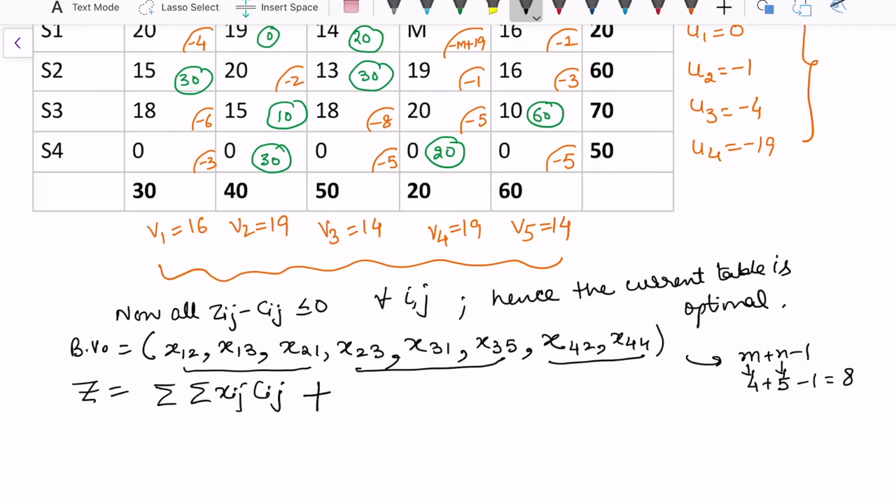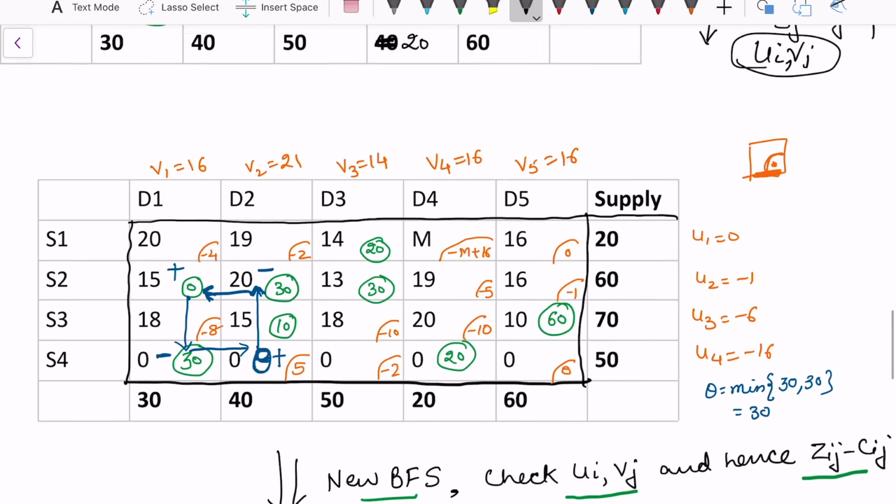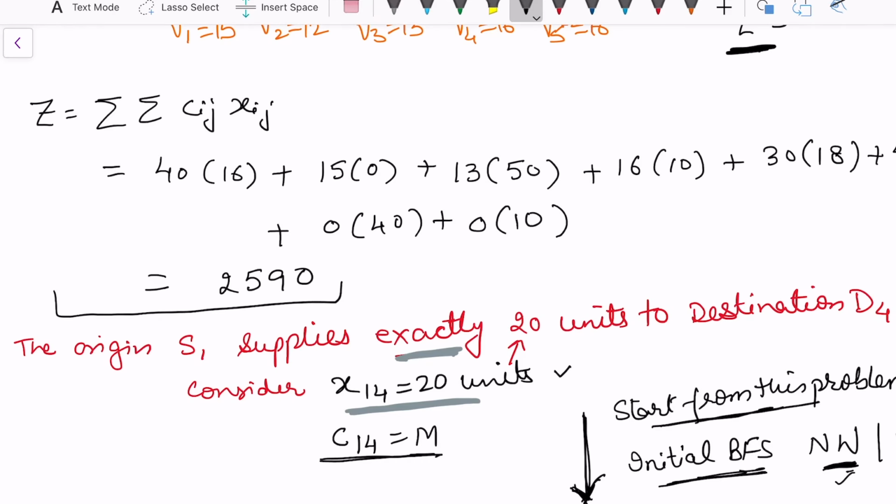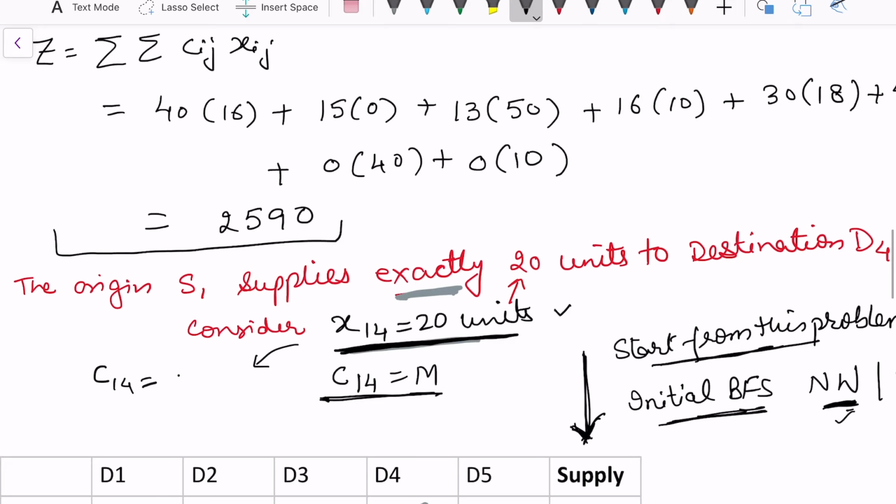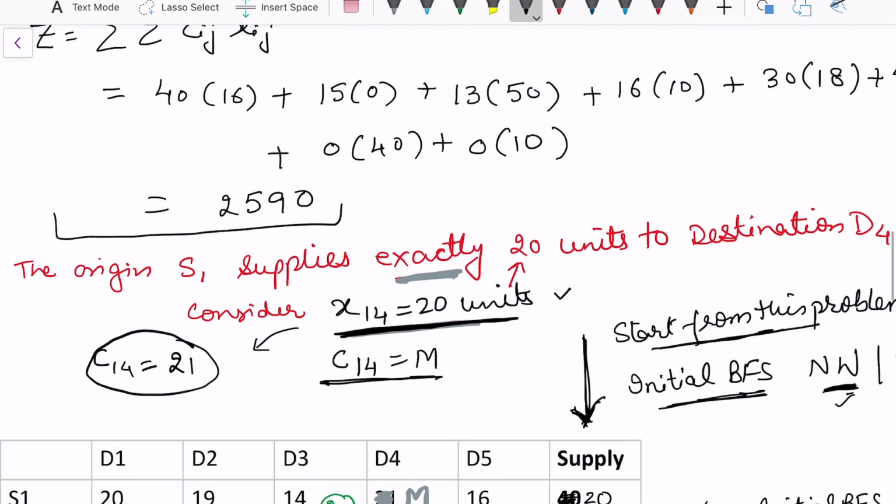Also, in addition, we need to add the cost that we have already allocated, because in this question exactly some amount has to be sent from a particular source to a destination. If I go back to my original question, we have already supplied x14 as 20 units, and this has been already supplied. This is what we are not optimizing, but there is a cost associated with it. So what was the original C14? The original C14 in that question was 21. So this needs to be multiplied with this 20. The big M here was only considered so that nothing more can be sent to this cell. That is only a part of the solution strategy.